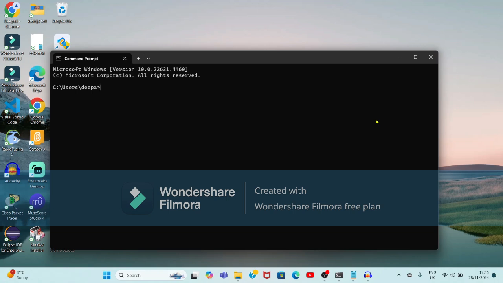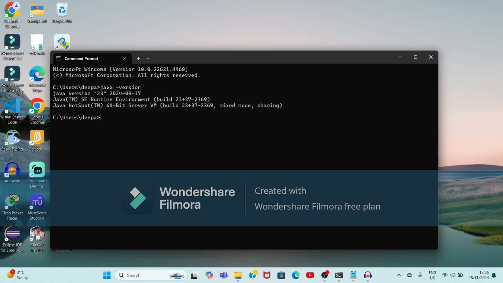So first I will check whether Java is installed on the machine or not. For that purpose, we just have to type the command java space hyphen version and press enter. You will get the version of Java available on your machine. If it is not installed, it will give the error that Java is not identified as an internal or external command. After this, we'll check the version of the compiler also. So javac space hyphen version, so that it will show the availability of the Java compiler also.